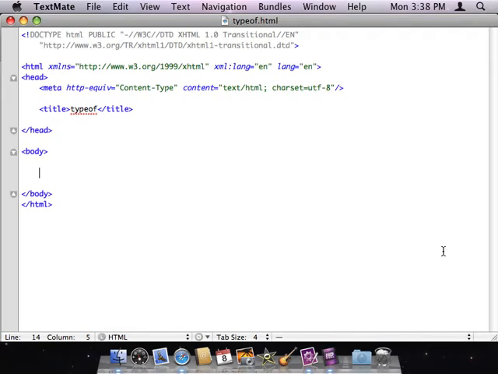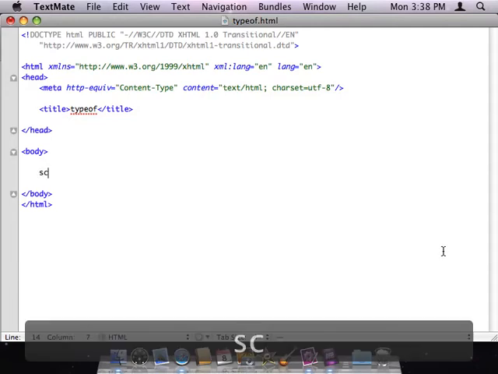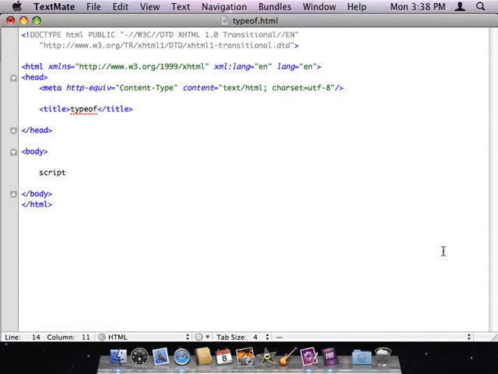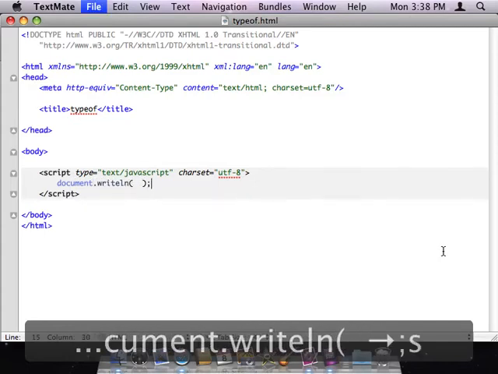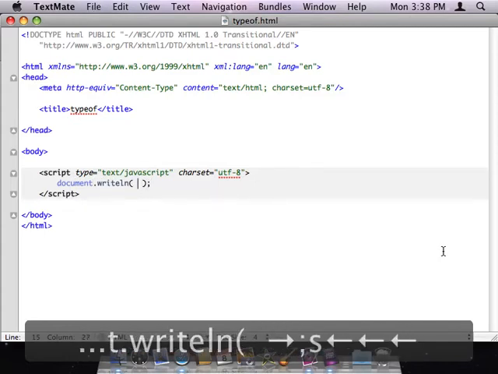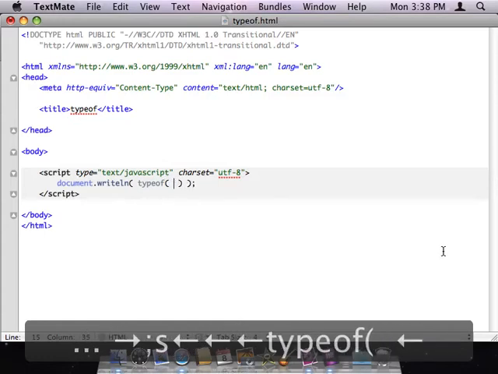If you ever want to play a little bit more with data types, there's a nice little function which JavaScript gives us that can be used for finding out what data type any particular variable or literal is at any particular time. Let me show you this little function real quick, which is called the typeof function. I'm going to put a set of script tags again here inside my body, and then I'm going to do a document.writeLine. What I'm going to do this time inside the document.writeLine is type typeof followed by